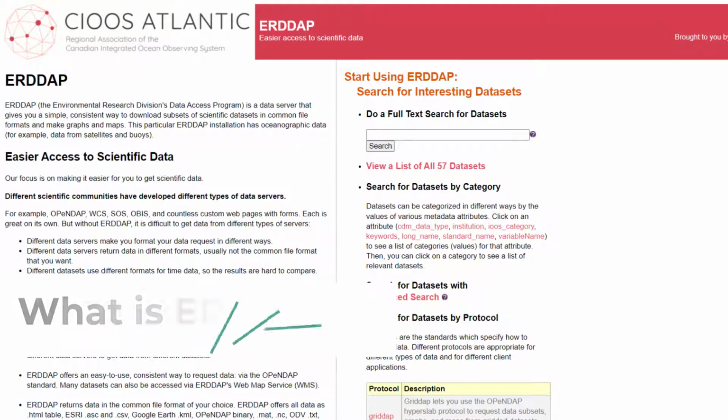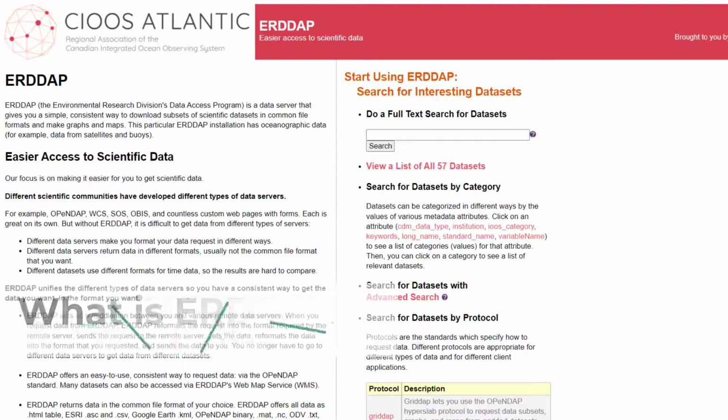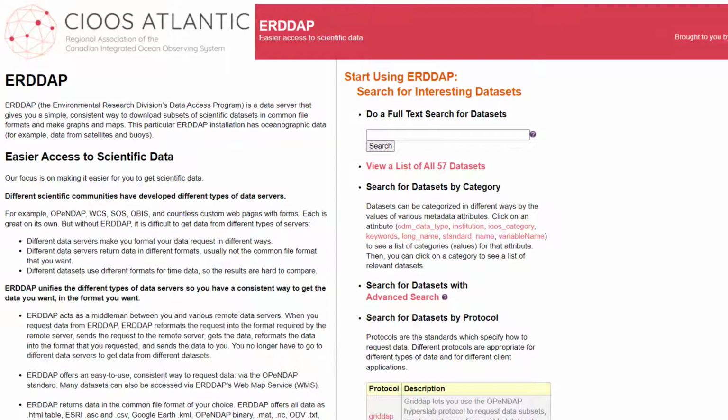SeaUse uses the Environmental Research Division's Data Access Program, or ERDAP, to provide users with access to many of our datasets. ERDAP was originally developed by the U.S. National Ocean and Atmospheric Administration, or NOAA. It is utilized throughout North America to facilitate data access, and it has many features that familiar users find helpful. With a little practice, you'll be able to filter, download, and visualize all the data you need without the extra